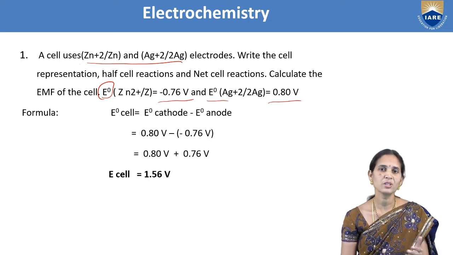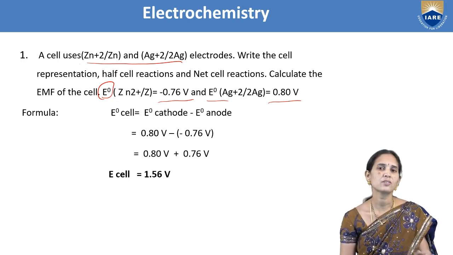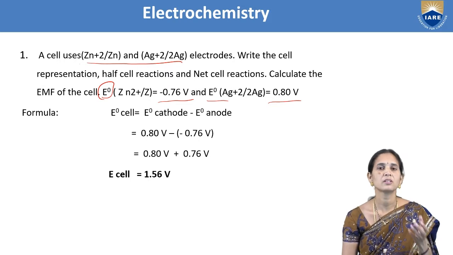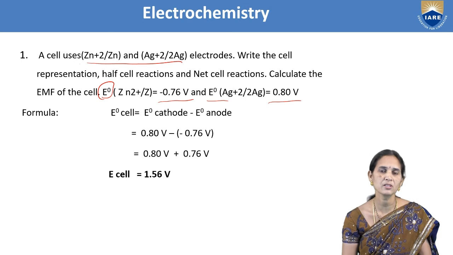That means loss of electrons will take place from the zinc electrode. Those electrons are taken by the silver ions in the silver nitrate solution. It will take the electrons, which means a reduction reaction takes place and the ions are reduced to silver. So first we will write the half cell reactions.